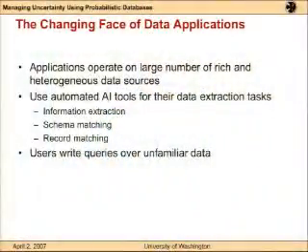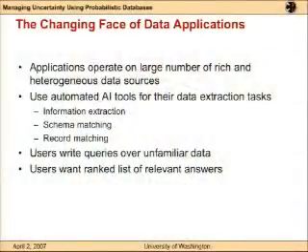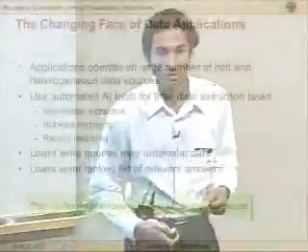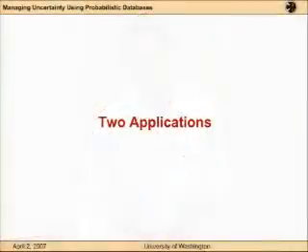Users often find themselves writing queries over data which they did not create, and they cannot exactly specify the query over such databases. And in the presence of so much uncertainty, users want not a set of answers, but a ranked list of answers based on relevance. It's a model being popularized by the search engines today. So you see, there is uncertainty in data, in queries, and in query answers, and the traditional model of databases based on logic is inadequate to deal with these issues.